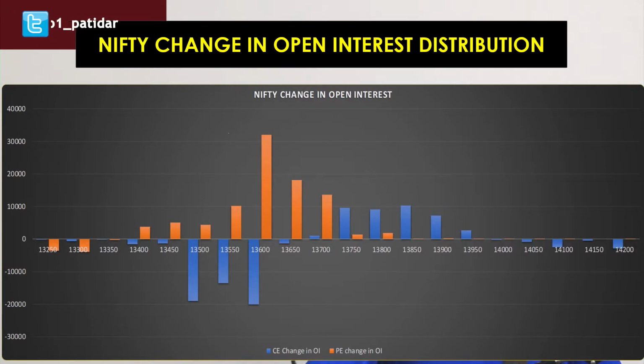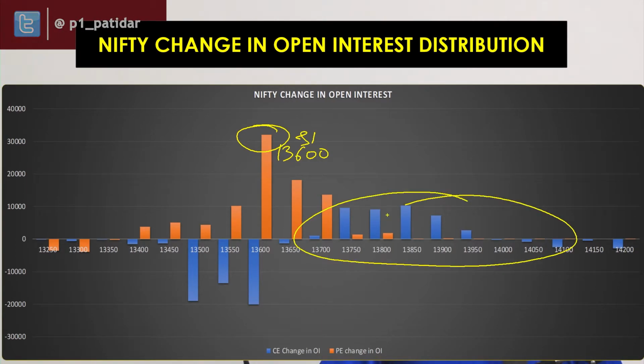If you see here, support is 13,600. If it is a support, then where is resistance? It means that people are expecting a big move from Nifty. That's why they are not making positions very nearby. And today, even though they made some positions, they have squared off. That's why you cannot see the majority of open interest build-up on the call side. If call side open interest is not building up, it means people are not selling out of the money calls. It means people are expecting the market to move up. So change in open interest indicates today's picture, as well as what is going to happen tomorrow. So this is the Nifty.